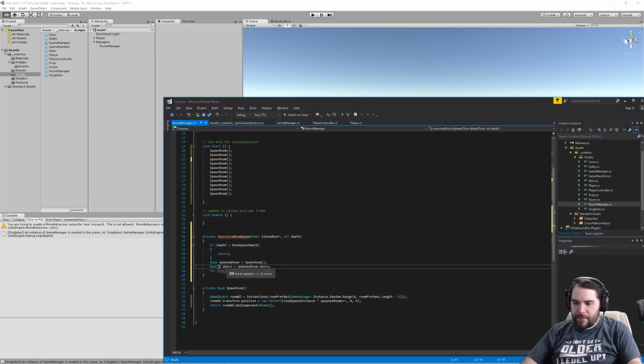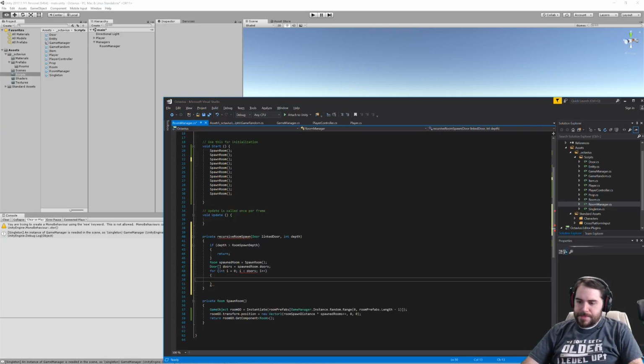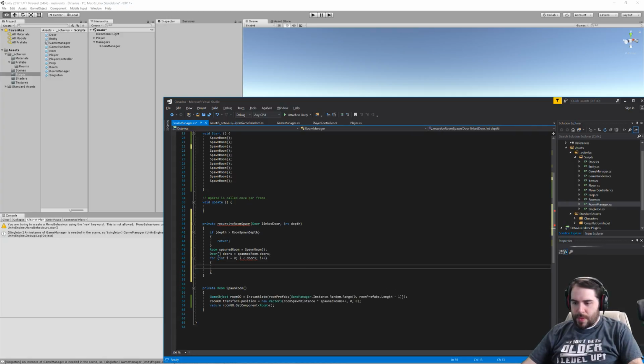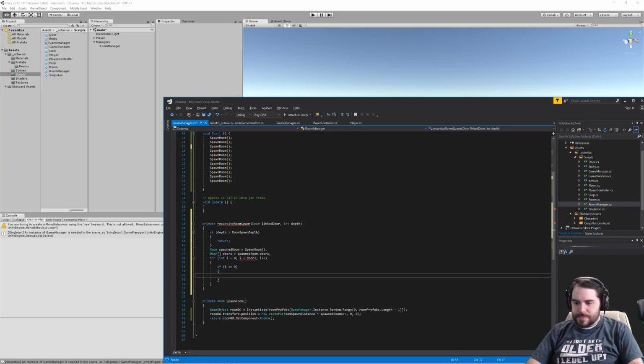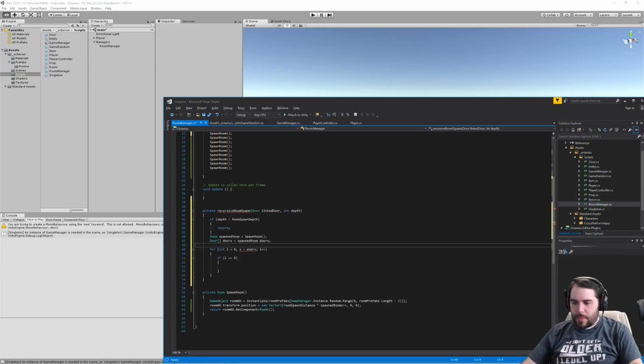Where did particle emitter come from? Oh, that's right. For int i equals 0, i less than doors, i plus plus. If i equals 0, no, I want to make this random. So let's grab